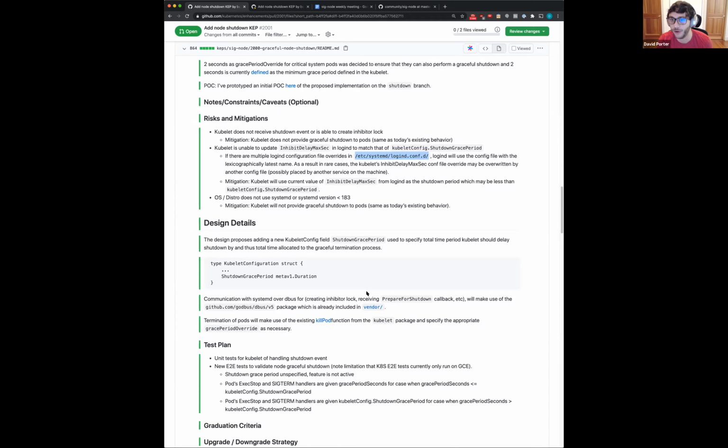Or potentially this is worth adding a new node condition, like a node is shutting down condition or something like that. And I guess the controllers could hook into something like that by reading the taint or potentially a condition on the node. It's kind of one idea for an event like that.